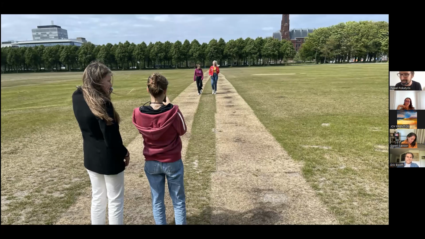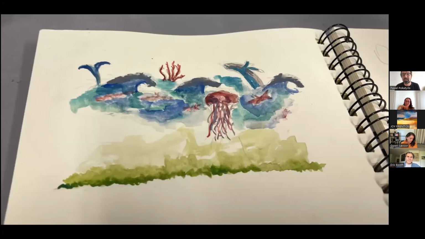But in virtual reality and 3D graphics and 3D modeling, you can imagine, think big. So this is a sketch of one of the students who actually said, hey, it's great. It could be nice if the sea level rises, because we can be underwater enjoying the underwater life, and this can be a very beautiful experience.